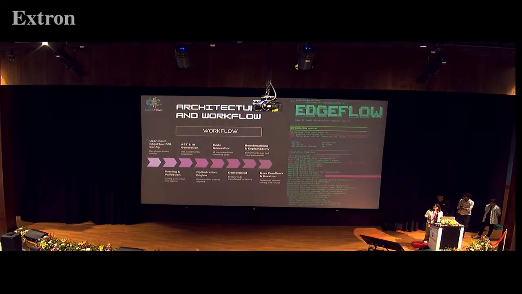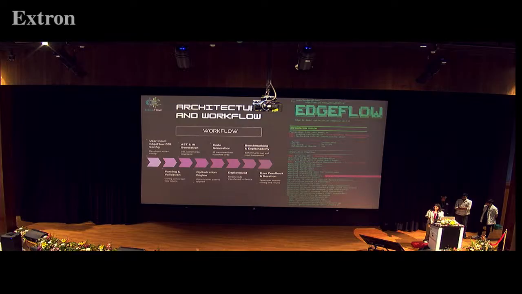The architecture is pretty straightforward. We ingest a model, and we have multi-format model support that supports TensorFlow, PyTorch, and other frameworks. Parsing and validation is done. A canonical IR is generated, and then we have optimization passes.